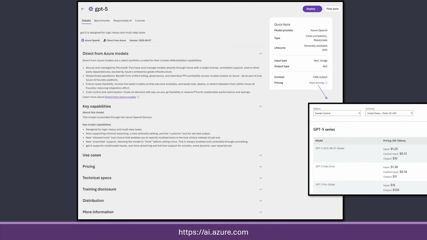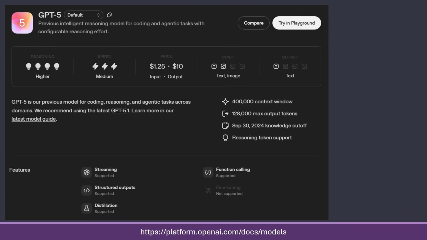Looking at a specific model, a description is there and a link to the pricing. While this screen is okay, I tend to instead go to the provider's own specific site as it gives more details and capabilities. So here's, for example, what ChatGPT 5 has, and we can see features and pricing directly.